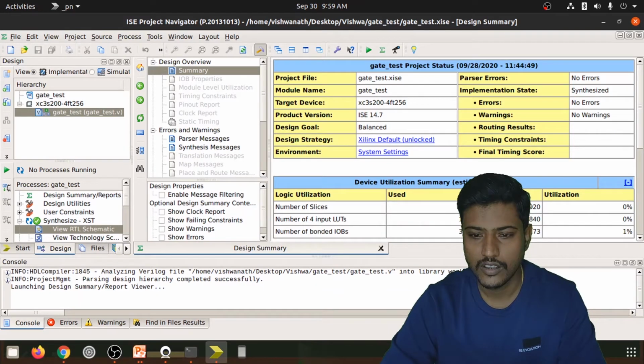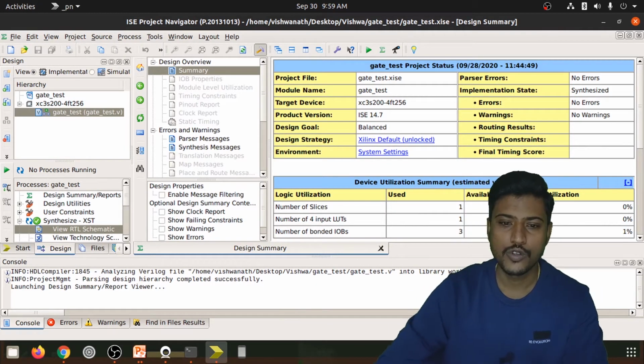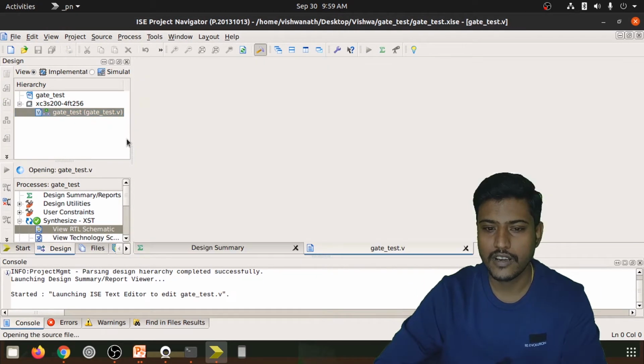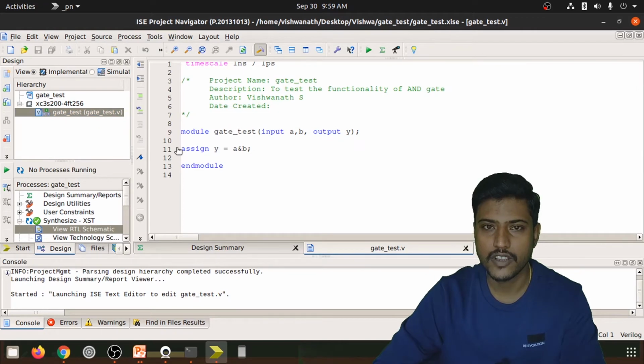our Xilinx ISE. So this is the code we have written in the previous session, right. We had taken two inputs, A and B, and one output Y. We have declared our inputs and outputs in the terminal ports itself. As we had said, don't just give the port names, please specify whether it is an input or output.